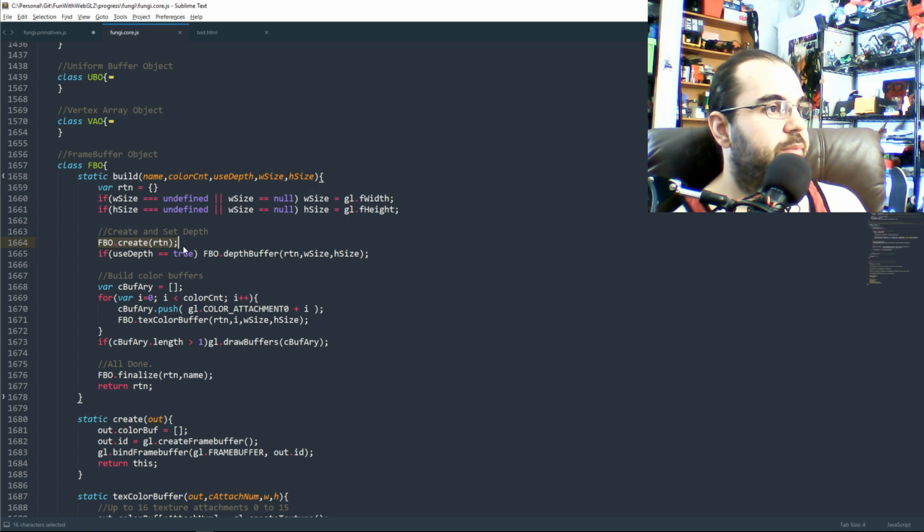We create a FBO. If we're using depth, we create the depth. We pass in our width and height, and then based on the count, we just keep creating texture buffers until we're done. And the constants are incremental. So if you pass in a color count of 0, that means it's going to do just a single